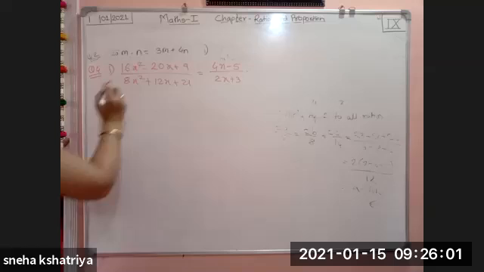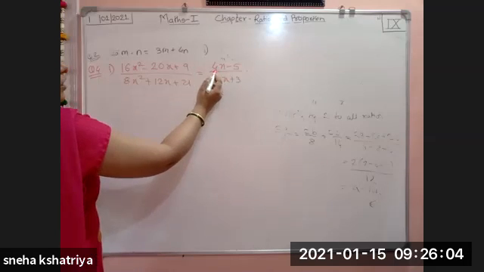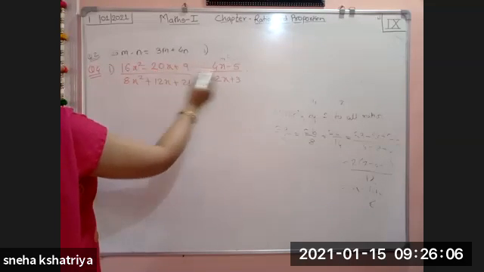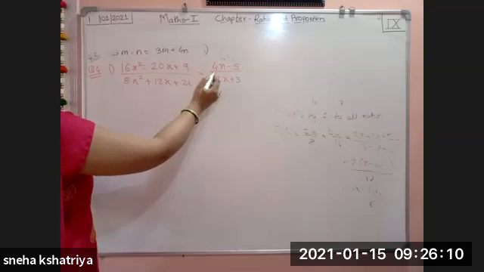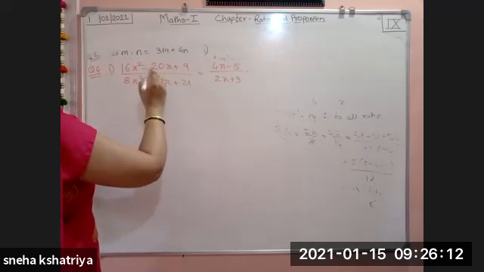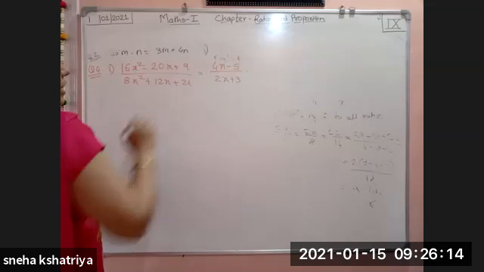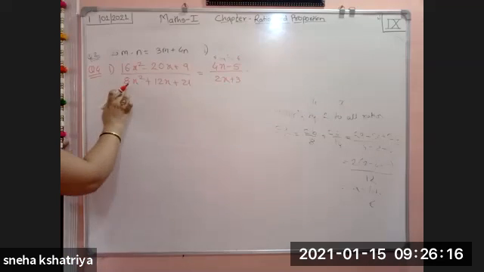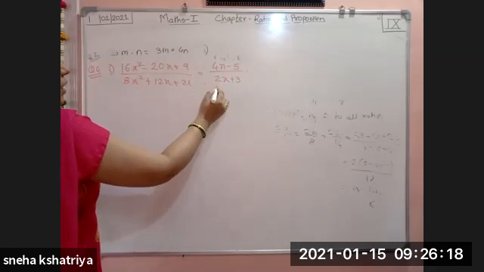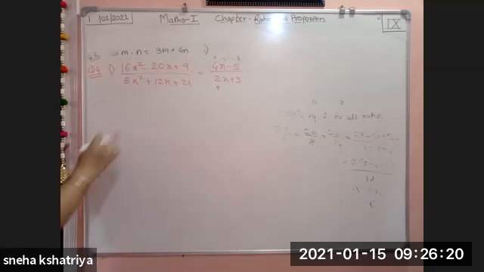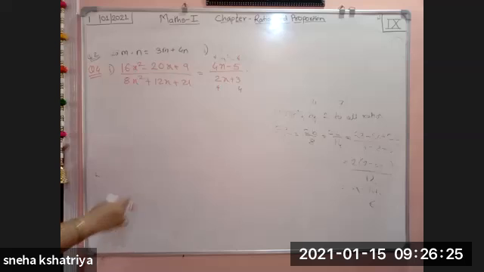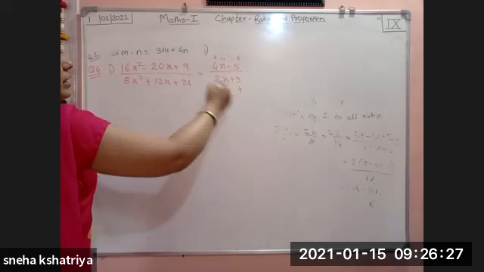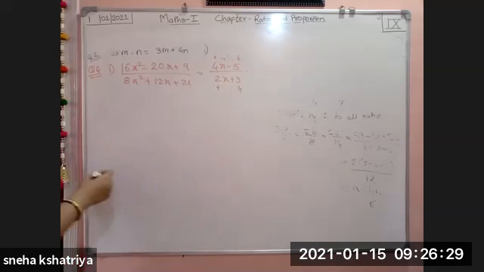So 16 and here 4 is there, here 20 and here 5 is there. You can see that 16 comes in the 4 table, 4 za. 20 comes in the 5 table, again 4 za. 8 comes in the 2 table, again 4 za, and 12 comes in the 4 table, again 4 za. So to the right side, you have to multiply both numerator and denominator by 4.